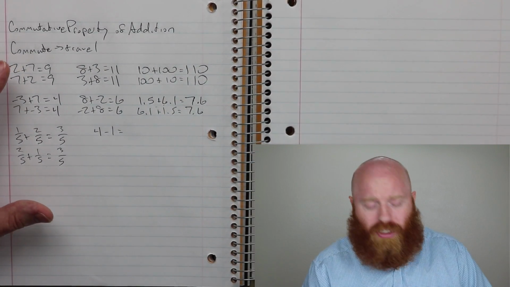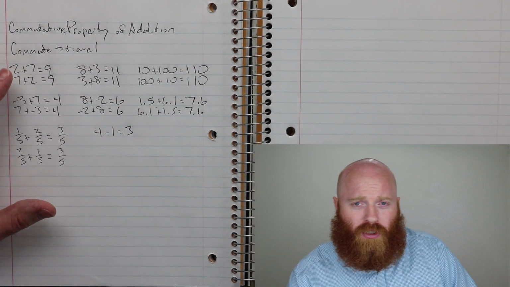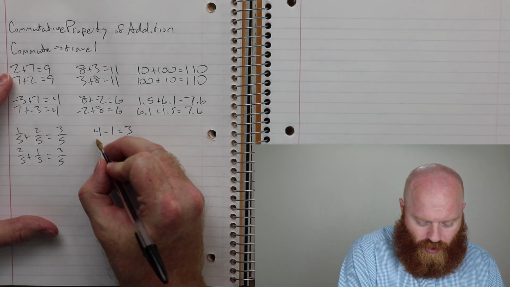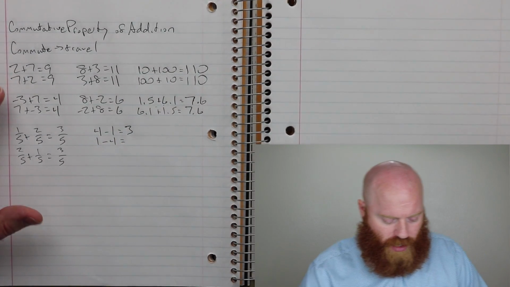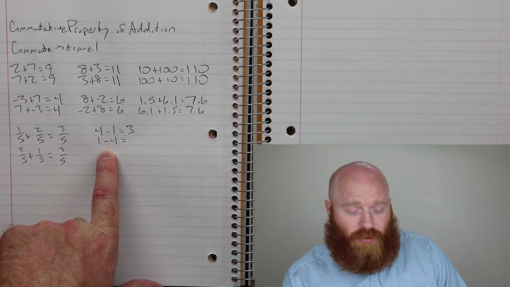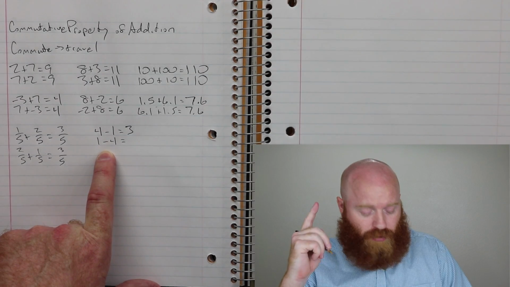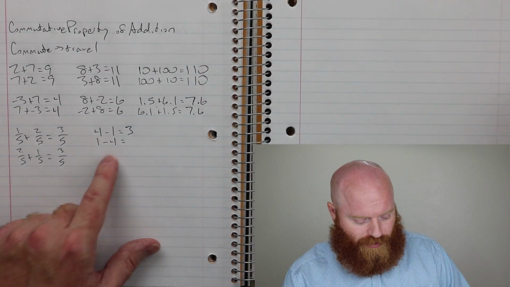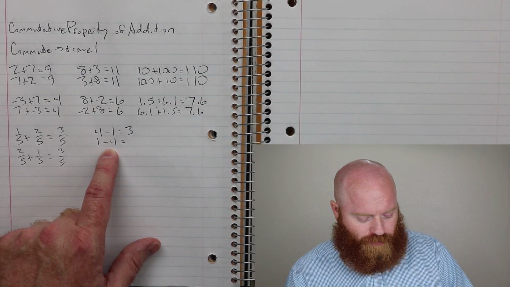4 minus 1 equals 3. That's straightforward. Let's see if we can switch them and get the same answer. Let's see. I don't know. 1 minus 4. Well, you know from my good guys and bad guys videos, from my subtraction video, you go watch. If you don't know how to do this and you think it's 3, yeah, go watch my subtraction video,